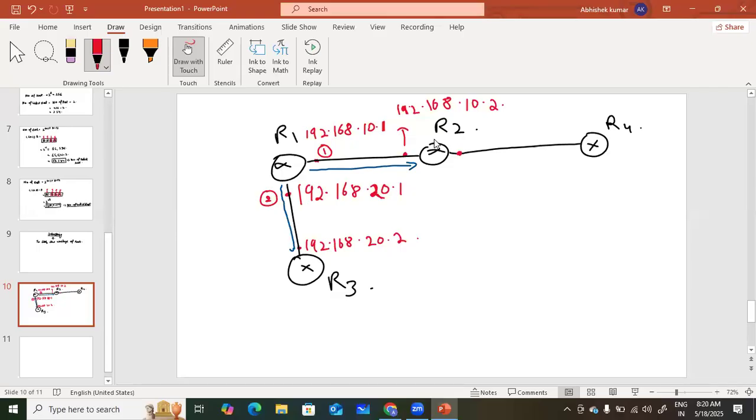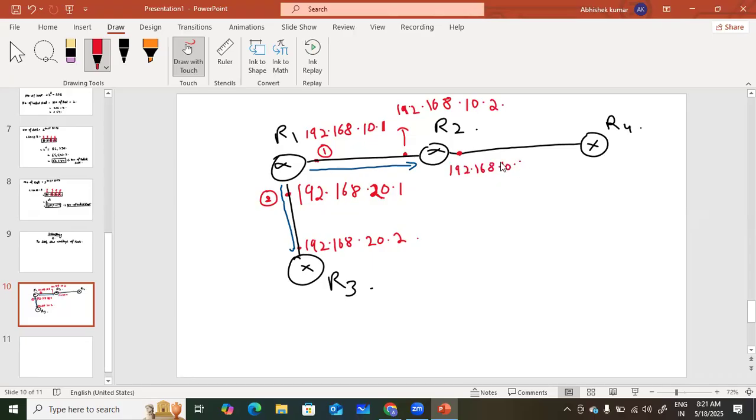Just because this is the working of a router. A router never uses the same network on two different interfaces. It will give you an error. So I have to use one more network. So let's suppose I've given here as